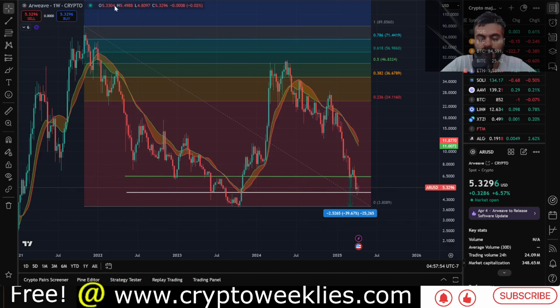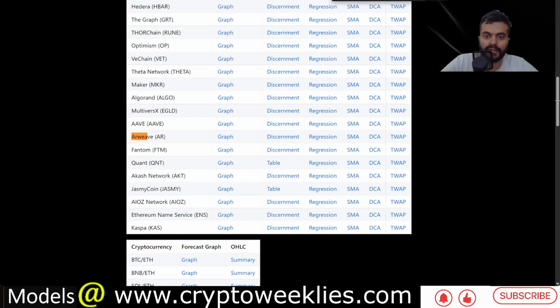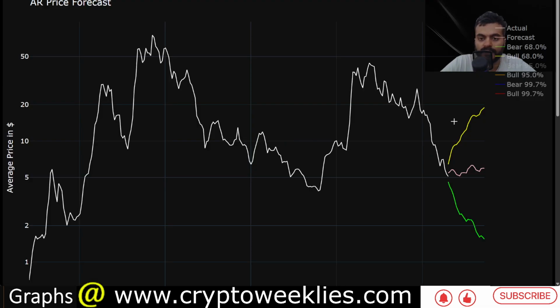2025. So where does the machine learning based price forecast for Arweave take the current downturn, and how it anticipates the weekly price action to be in the next 6 months if the downturn were to continue? Again, the level of angle of descent, if that were to continue, the major 6-month support is all the way per this model at around $1.52, again close to this $2 target. Again, if this downturn were to continue till about middle of August, then the prices could be between $2 and